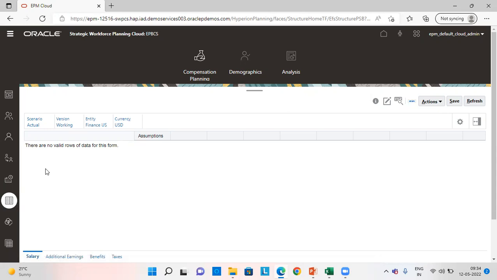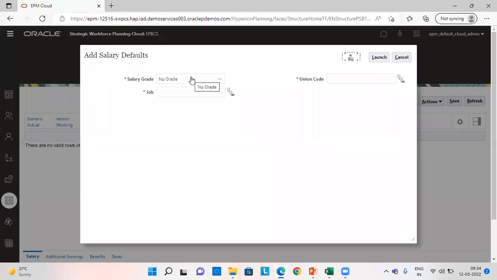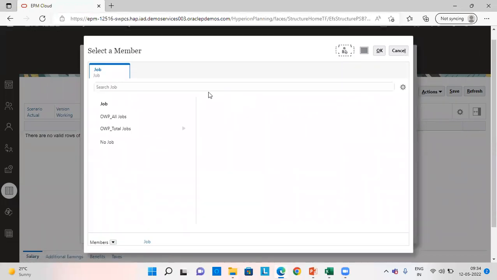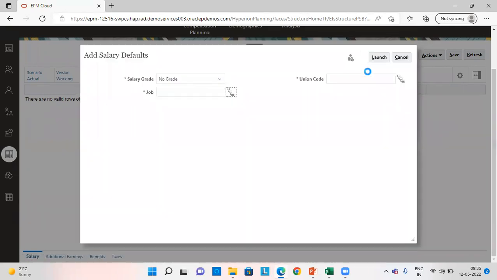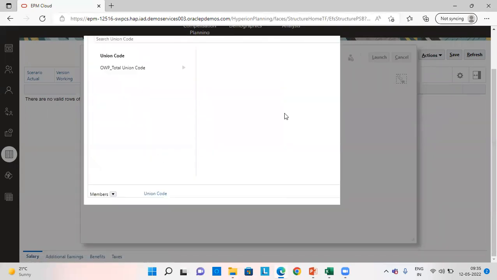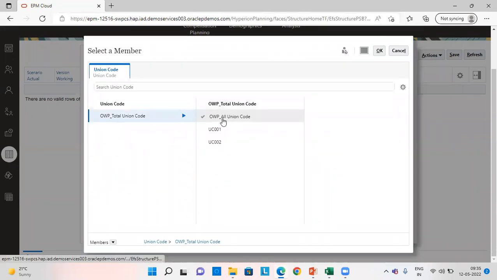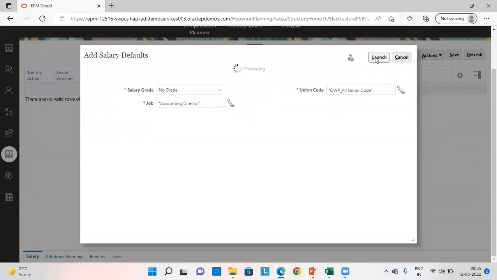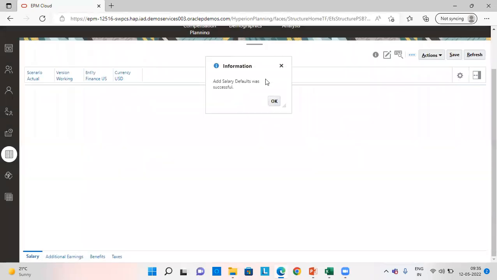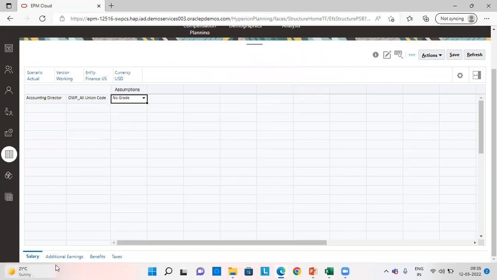For salary defaults, I'll set salary default here. I'm going to provide the job. Let's say it is for accounting director. Select the union code and launch it. Next,